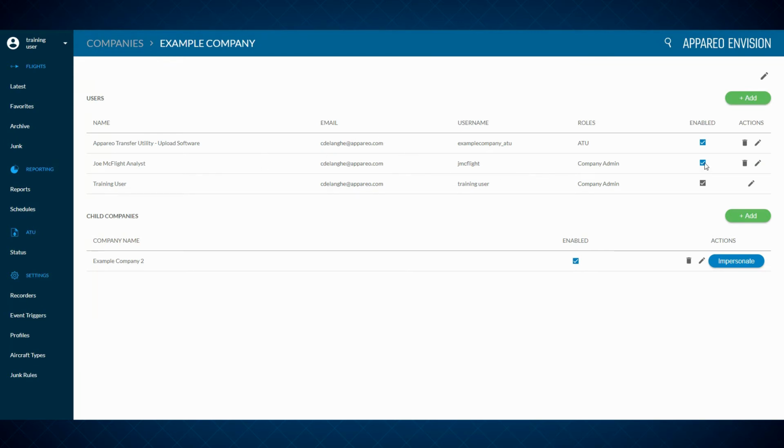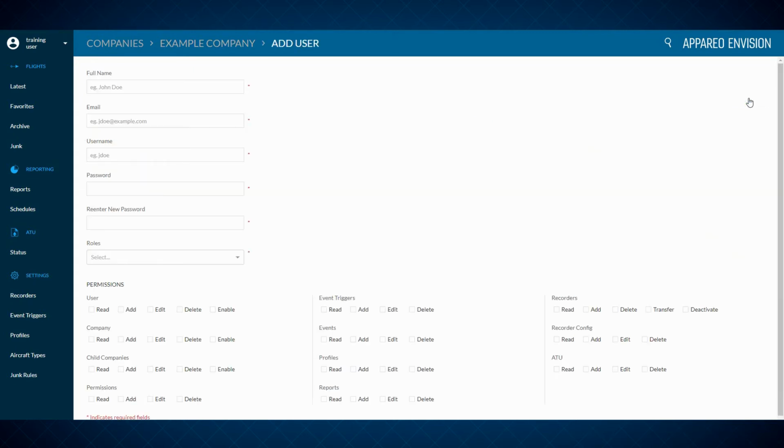You may disable an account if somebody has left your organization or has been on extended leave. You can also delete the account if they're no longer with you and you'd like to remove their credentials altogether. You can also add new users by simply clicking the add button, just as we did with the modification. You'll input the necessary information, select the roles, and then modify any of the permissions that aren't already selected by